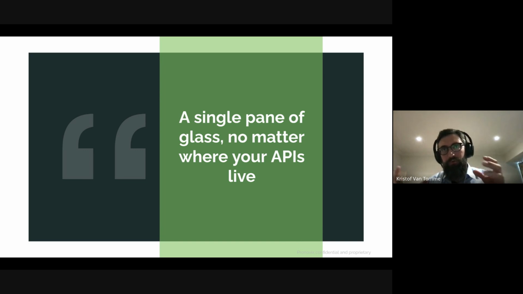But you don't want to tell people, well, that API is managed in this Apigee org, so you need to go to a different portal, or now you're in another country and now you have to go to a different portal. That's not a good experience. So this is a question that people would regularly come to us with in the past, and